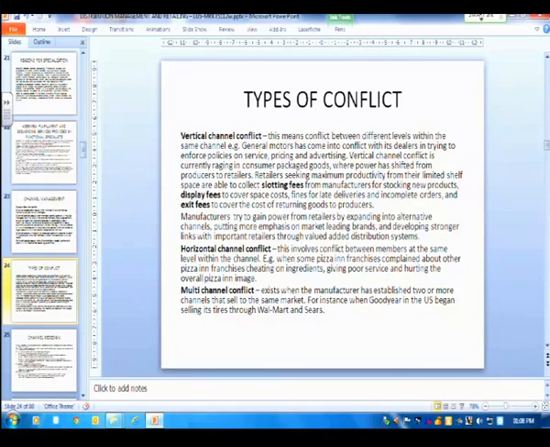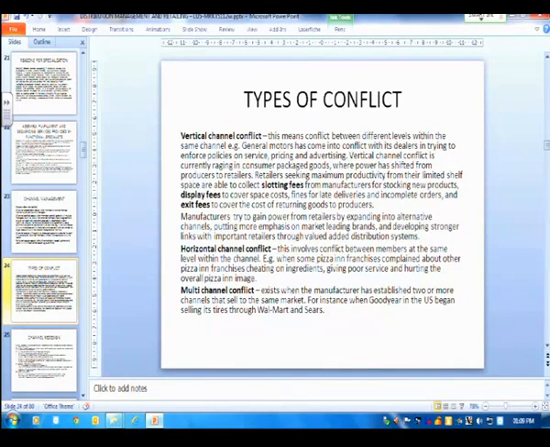Manufacturers try to gain power from retailers by expanding into alternative channels, putting more emphasis on market-leading brands, and developing stronger links with important retailers through